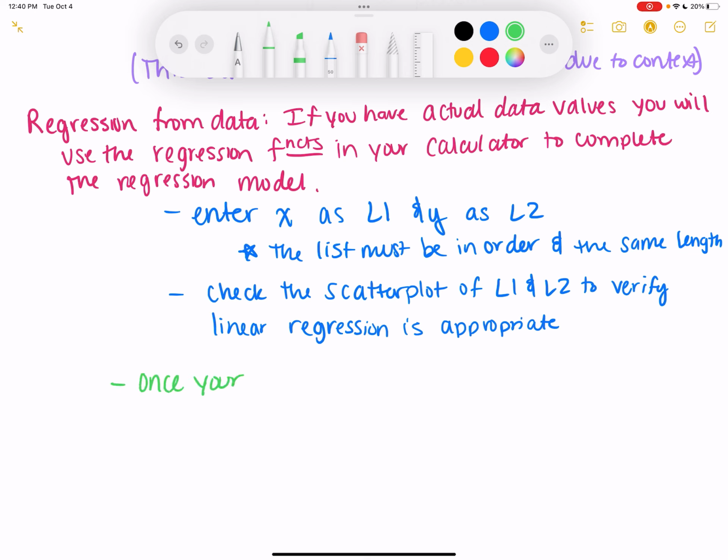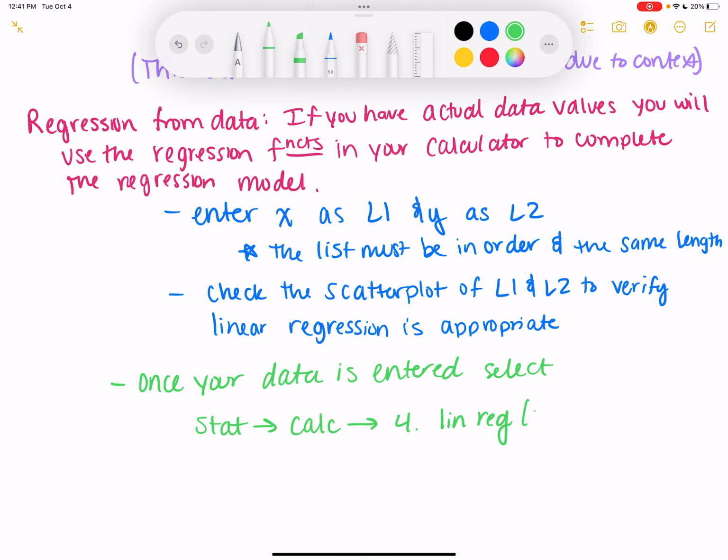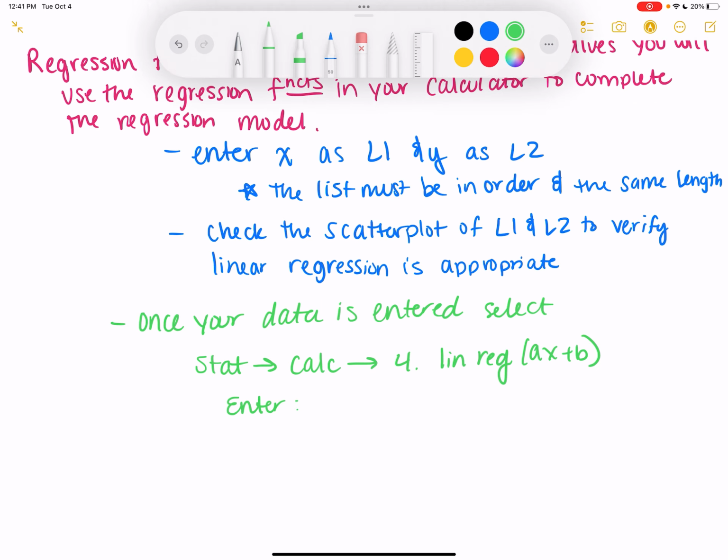So once your data is entered, select, so this is just going to be the calculator function, stat calc for, which is going to be linreg in the form of ax plus b. And then you're going to do enter, and then it's going to ask you for an x list, which is going to be your L1, y list, which is going to be your L2, frequency list, we leave blank,